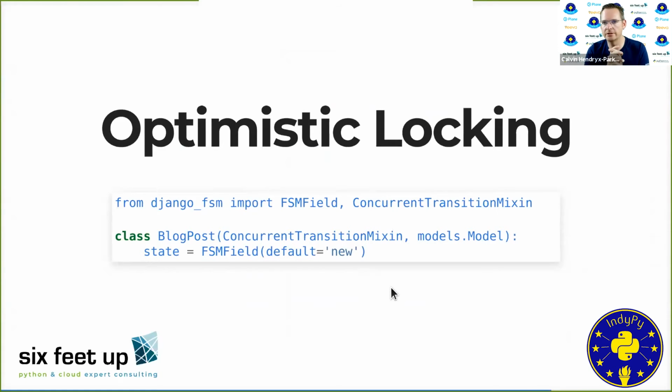If you have a very large site and you have a lot of concurrent transactions going on simultaneously, Django FSM actually does support concurrent locking. So we can make sure that if two people are editing an item and both of them are clicking on a transition, Django FSM has a mix-in you can use to basically handle some of those guarantees against race conditions for concurrently executed transactions.